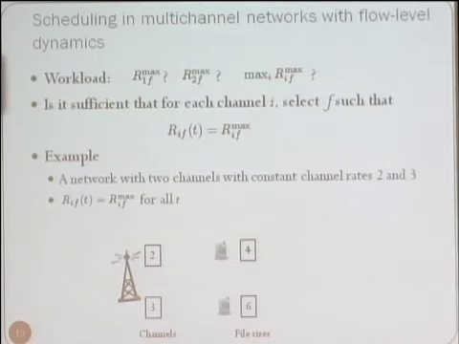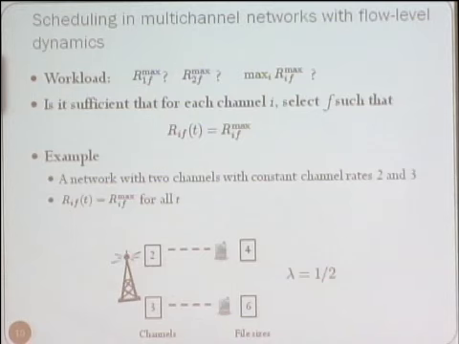And suppose you have two types of users, one with file size 4 and one with file size 5, and there are two types of channels, one which transmits 2 packets per second, another one transmits 3 packets per second. And let's say you allocate this user to this channel and this user to this channel, then the maximum rate at which these arrivals can occur is lambda equals 1/2. So the number of flows that can arrive is half a flow per time slot.